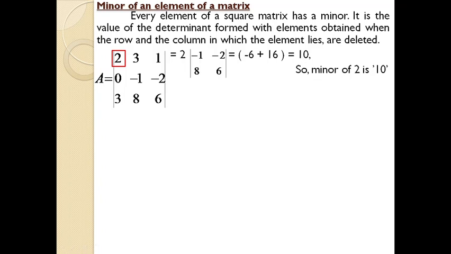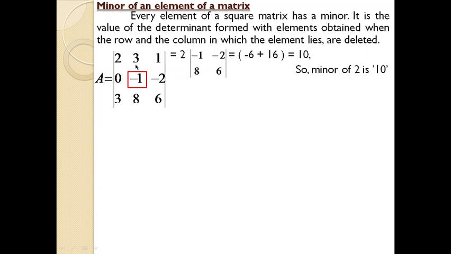We will discuss another example. For the time being, we are selecting another number, -1. It's a new step, because for the computation of the determinant, we were selecting only the elements in the first row. We don't go for any of the other elements within that matrix. But for the computation of the minor, you need to find the minor of each individual element, whether it is a 3 by 3 order or a 4 by 4 order, whatever the matrix may be. You need to find the minor of all the elements. You do not rely only on the first row.